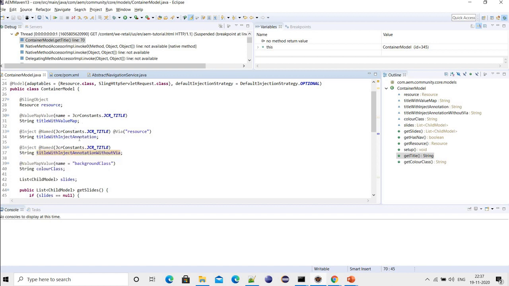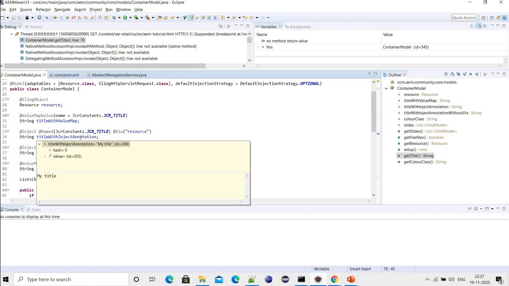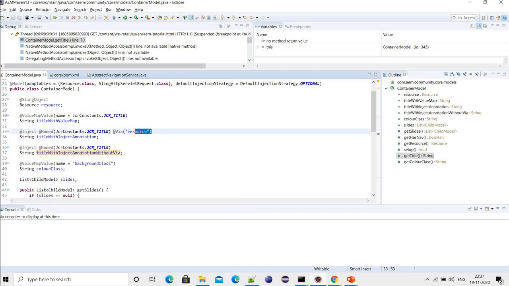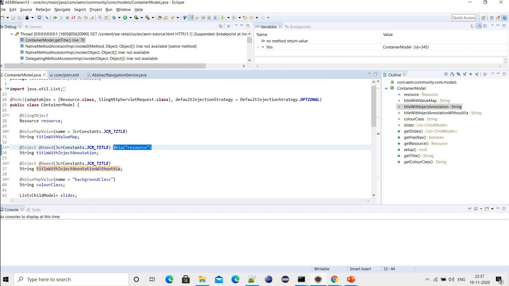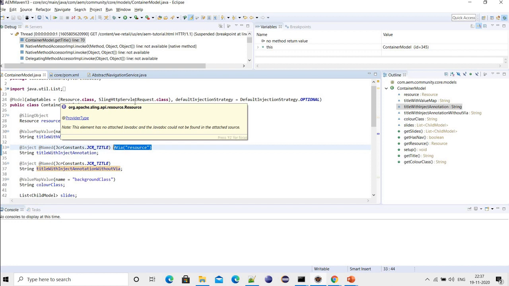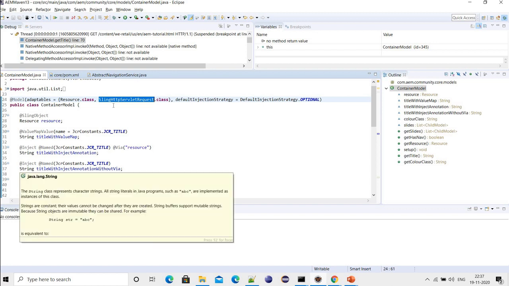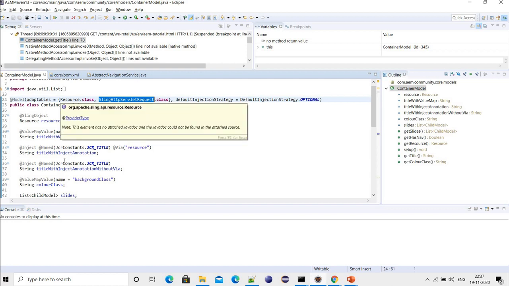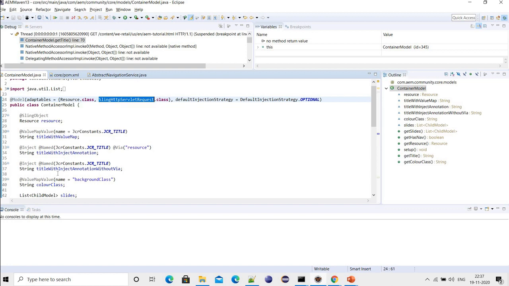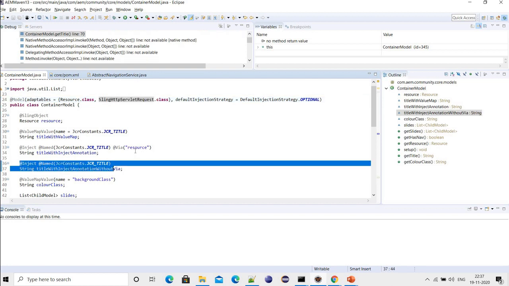basically with the @Inject annotation only, I'm getting the value. So basically I'm using the @Via annotation here, and I'm telling it to use the resource, because the problem is if we use multiple adaptables, right? Here I'm using two adaptables. One is Resource and another is SlingHttpServletRequest. If I would have used only Resource, then there is no problem getting the value with just the @Inject annotation. But if we use multiple adaptables, then you will not get the value using only the @Inject annotation. We have to use @Via.